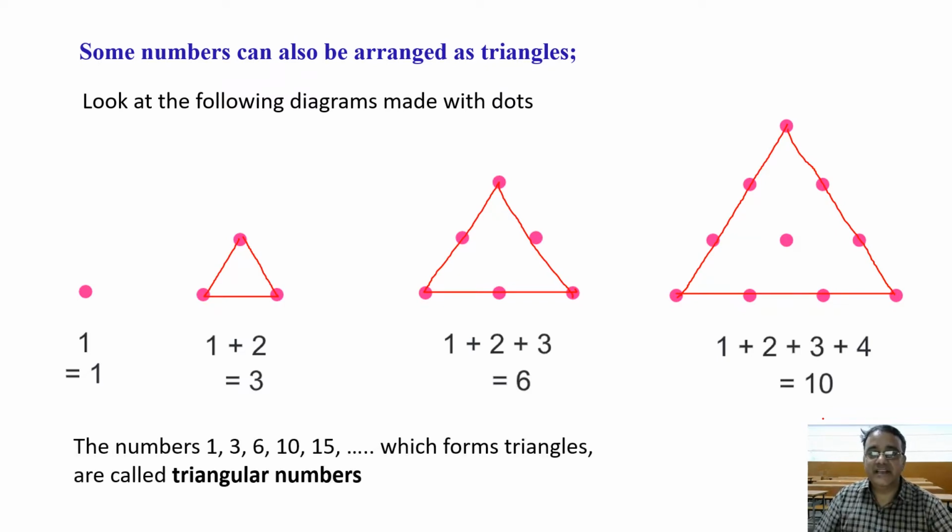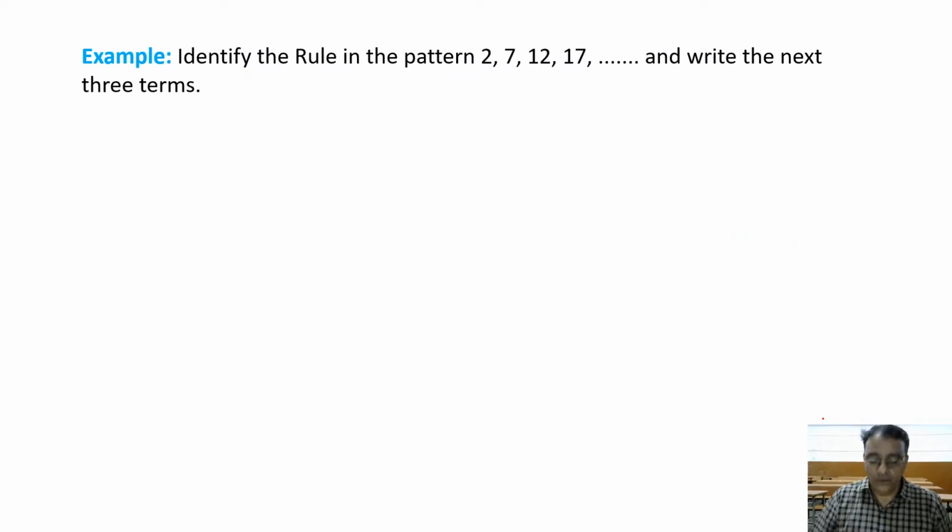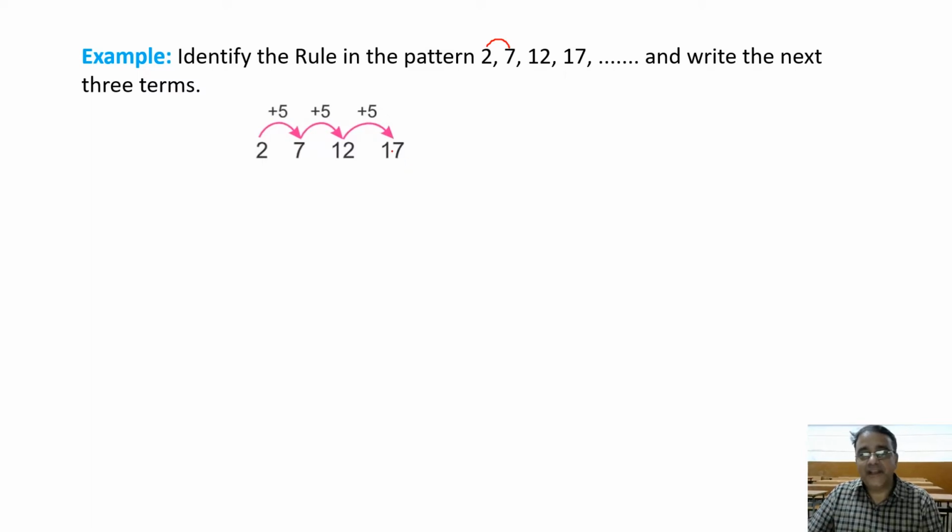Okay. Now we'll see a few patterns and we will try to identify the rules and we will try to write the next numbers. Identify the rule. 2, 7, 12, 17, so on, and write the next 3 numbers. तो पहले तो ध्यान से देखो, इसमें हम लोग अगर 5 ऐड कर रहे हैं तो 7 मिल रहा है. If we add again 7 plus 5 we'll get 12. So again if we add plus 5, 12 plus 5 that is 17. See, plus 5 करते जा रहे हैं तो नंबर मिल रहा है. तो नेक्स्ट plus 5 में क्या मिलेगा? 22. Right.